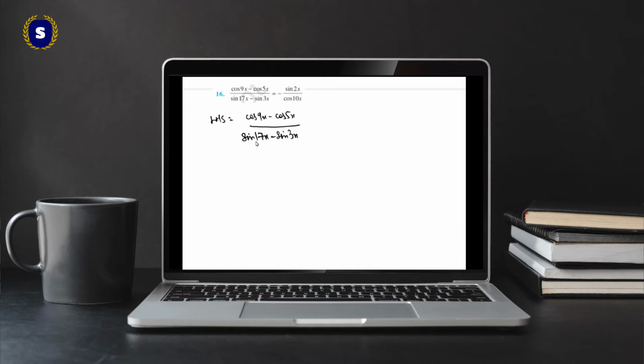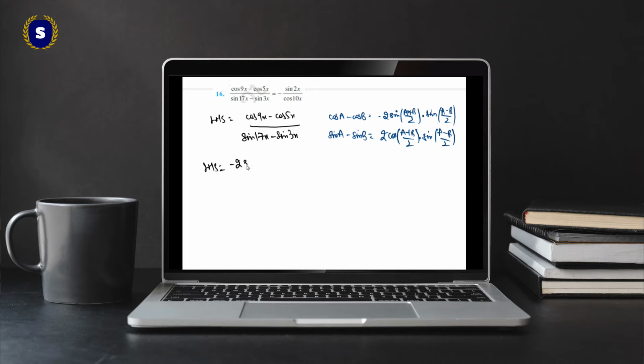So using the identities of cos A minus cos B as minus 2 sin (A plus B) divided by 2 into sin (A minus B) divided by 2, and sin A minus sin B as 2 cos (A plus B) divided by 2 into sin (A minus B) divided by 2, our LHS will become